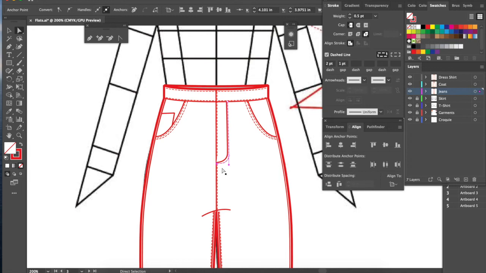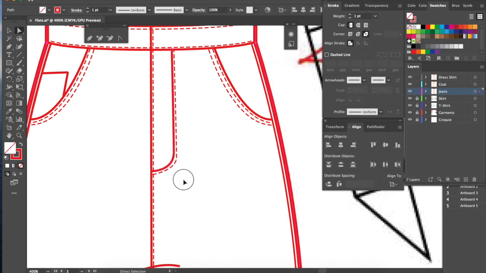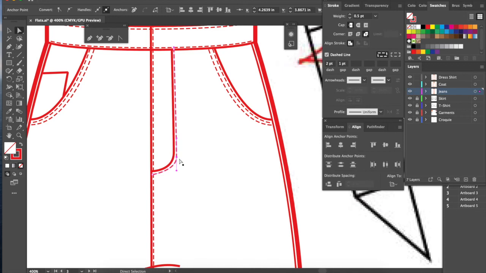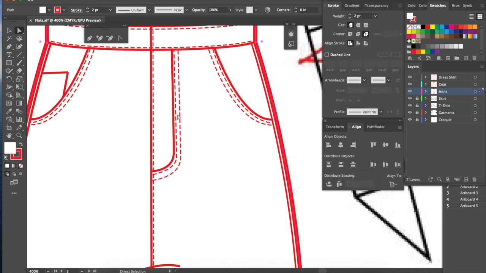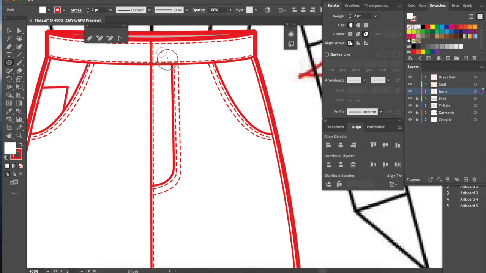So again, just like the other flats that we've done so far, make sure you take the time to do them. It is a tedious job, but it's so important. And it's something that sets you apart, especially for entry-level positions. If you know how to create flats, if you can do this, it's something that many companies want, a skill that they don't want to have to teach someone, and a skill that's so good to know when you start out,